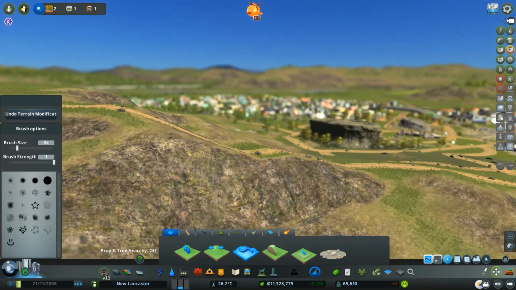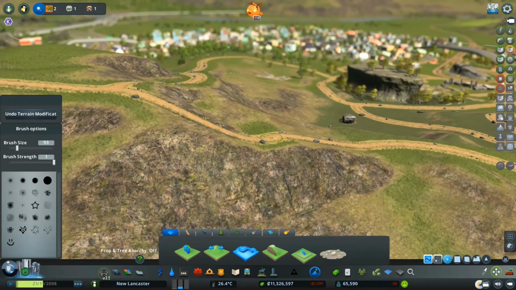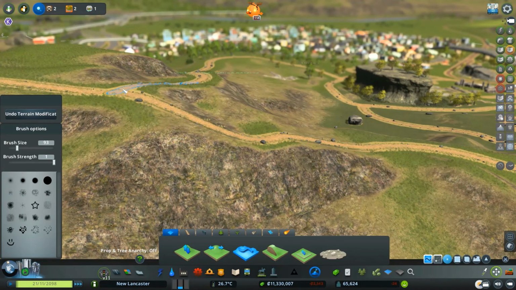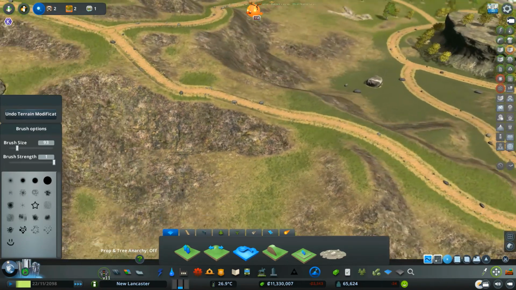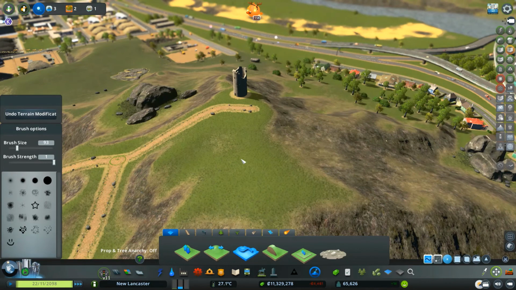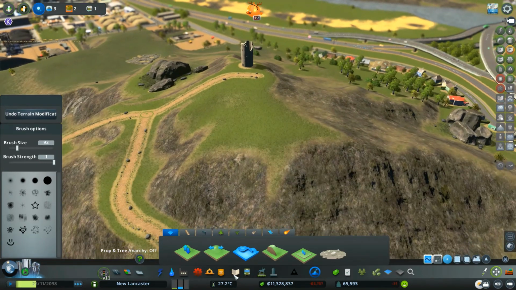Raise that up a bit. What if we raise this one or lower this one? Yeah, that looks fine. Then we get to the top here, and then we'll have something else.